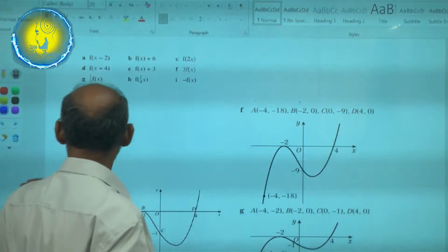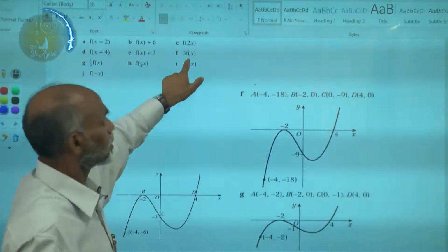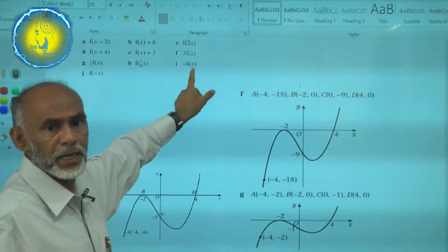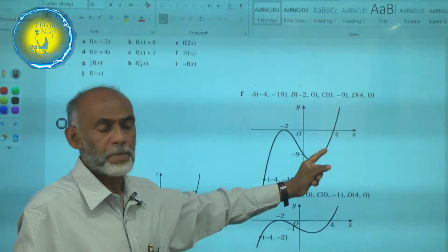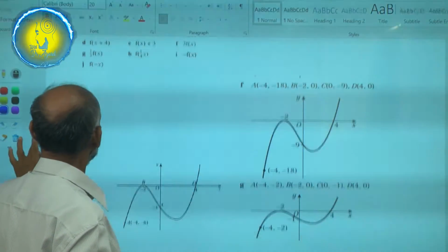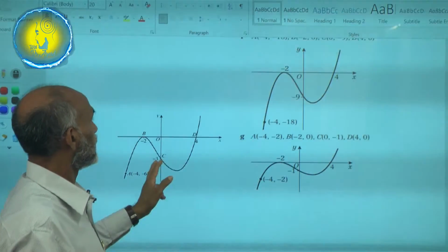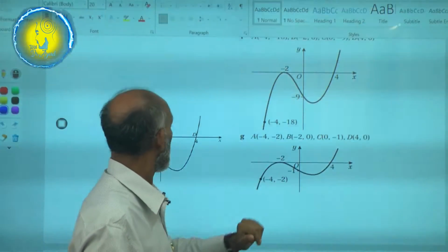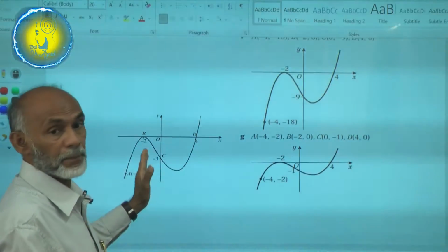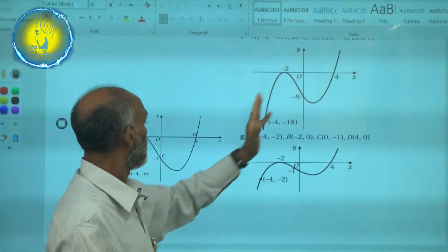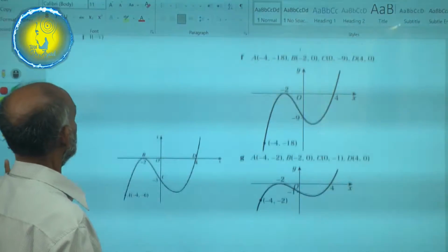Okay, again the best example is f. In the case of f, what we are doing, we are multiplying the function by 3. Whenever we multiply, there will be a stretch. Here this is the original curve. Here we are multiplying the function by 3 and we got this transformation. When we multiply, only the y-axis is affected. Therefore, minus 3 multiplied by 3 and you get minus 9. But there is no change in the x-axis. That is in the case of f.